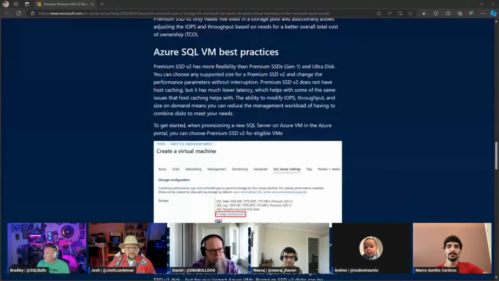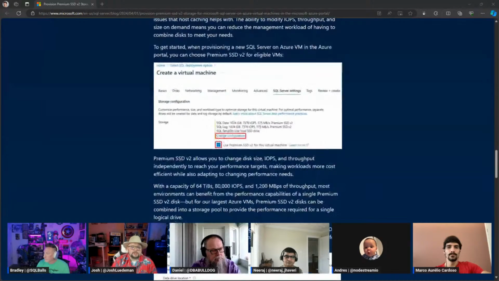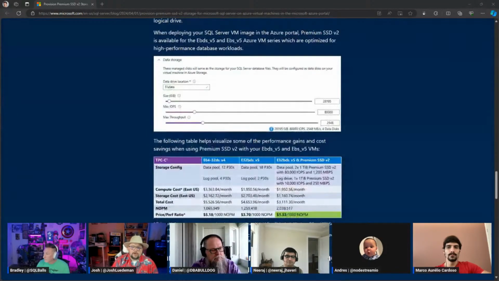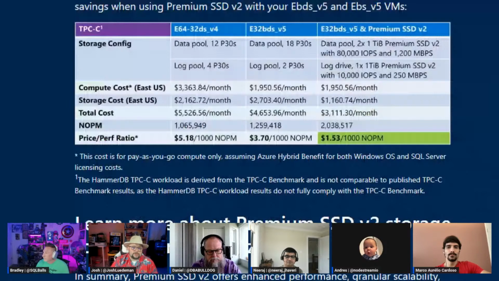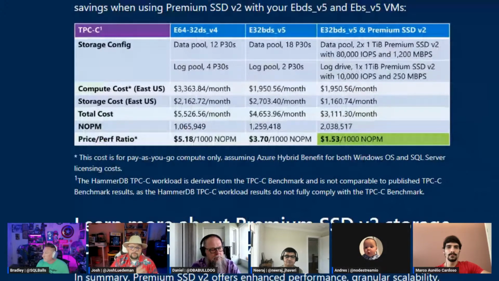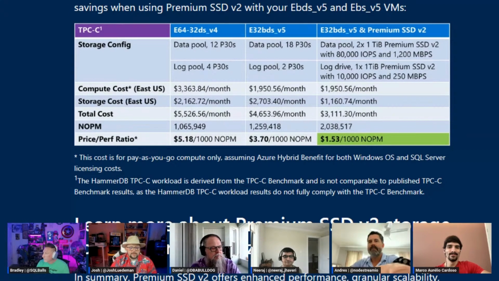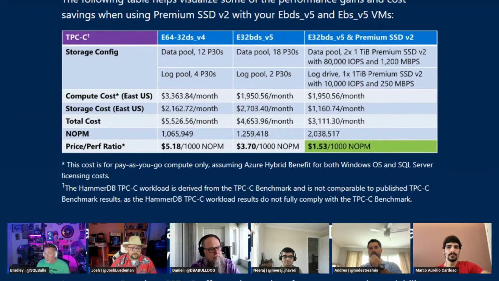Basic best practices with that, a little bit on pricing, and then resources to get into Premium SSD v2 storage for SQL Server, and some links to additional articles on it. But for me, it's David Pless, and it's storage on VMs. It's VMs, anything. David and that entire team, with Taryn and Pam and others, just a great team. So had to drop this one out there.